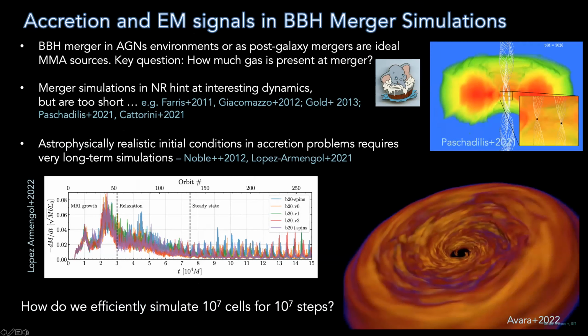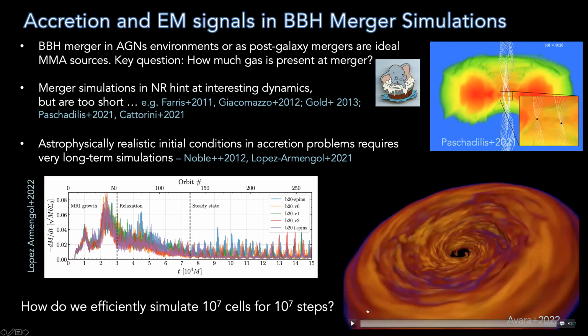So this type of code can be used to do calculations of accretion, for example, for binary black holes. This is a problem that requires very long-term simulation. Again, spherical coordinates are much more efficient to deal with this type of problem. So you can see here we're dealing with more than 250 orbits, and there's no way you can do this without having efficiency and accuracy. Accuracy is needed to resolve the MRI.